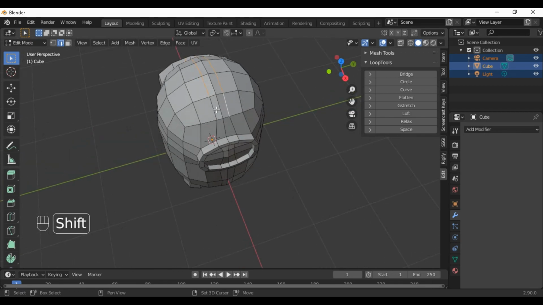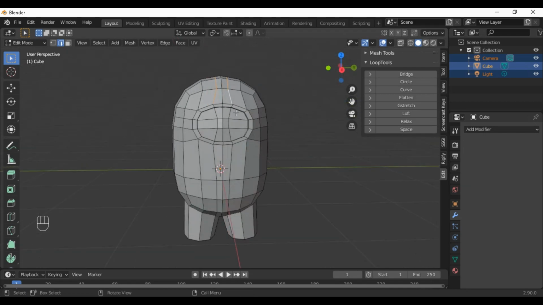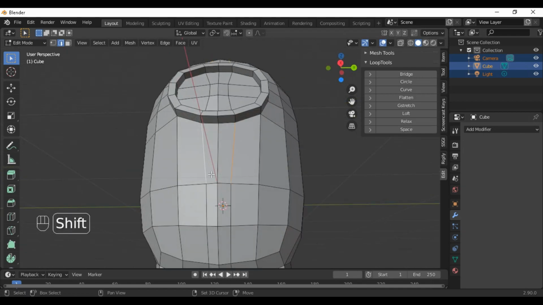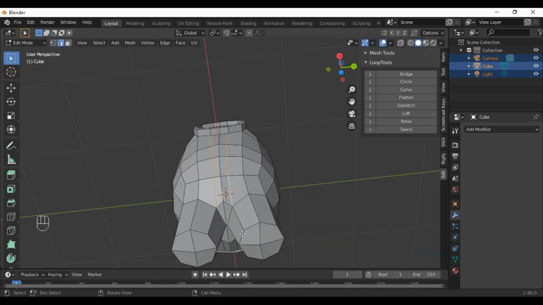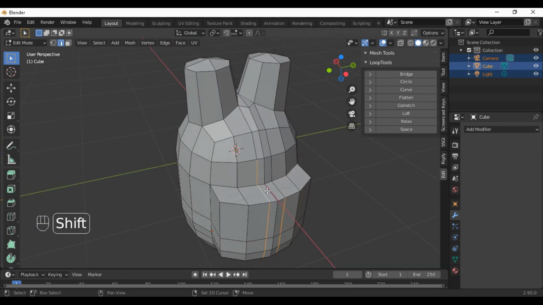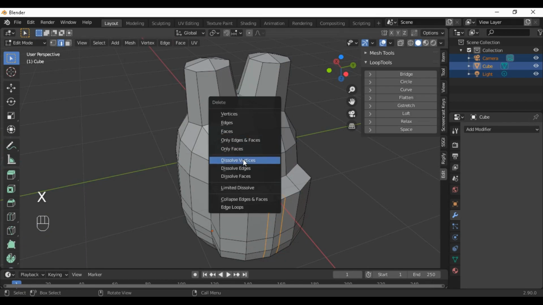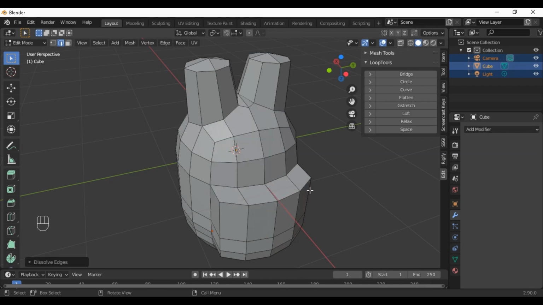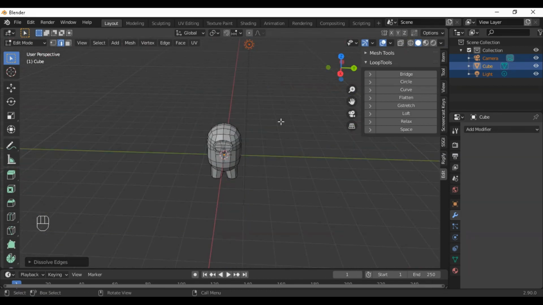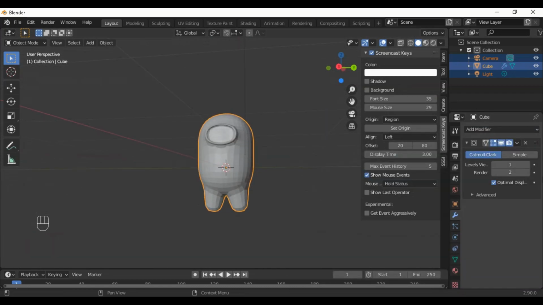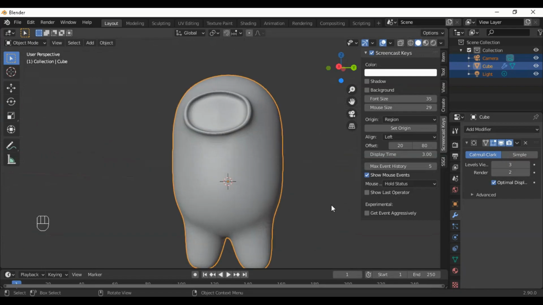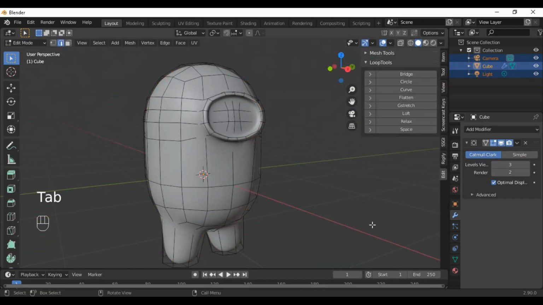If you release Shift and select any edge, then everything will be unselected. So make sure you hold Shift. Yes, now press X. Okay, select this. Now press X and dissolve edge. Okay. Now the selected edges are deleted. We are going to apply the modifier, subdivision surface, increase some view. Okay, now it looks good.